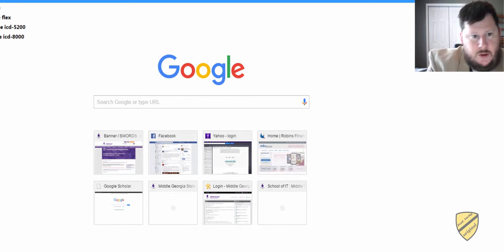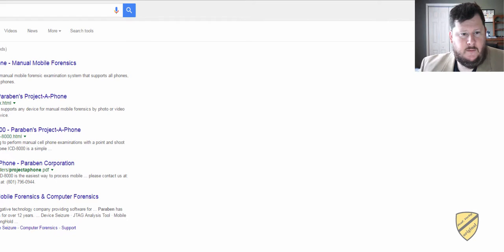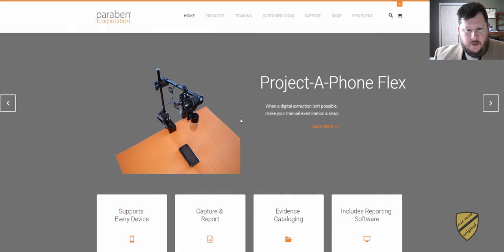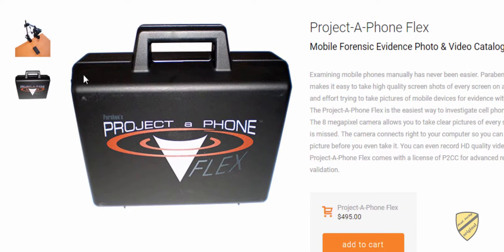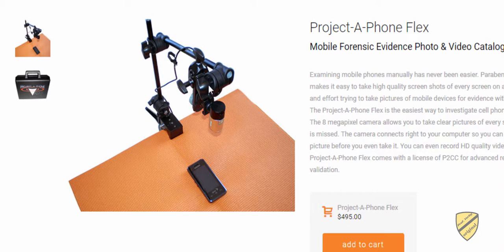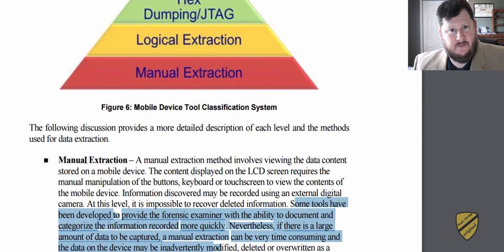Project-a-Phone. Let me see if I can pull that up real quick. You'll see in this graphic here that it's a Project-a-Phone, and it's really just a high quality web camera that comes with some software that makes it easy to take screenshots and document the entire procedure. Because when you're working with a manual extraction, you're going to be pressing the buttons on the phone,